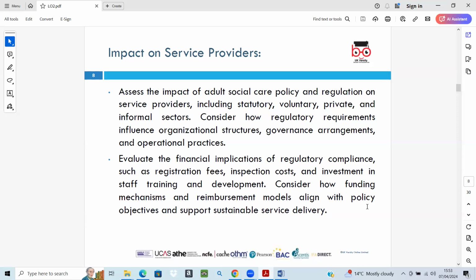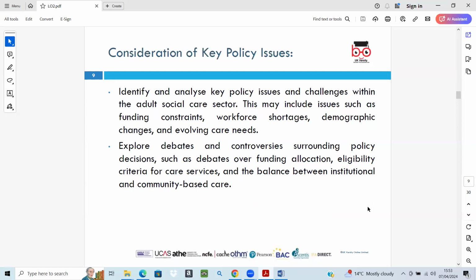And the impact of policies and regulation on service providers is crucial for ensuring the delivery of high quality adult social care. And this is important with that. And then we have slide number 9, which is asking for the consideration of key policy issues. So in that, one of the most pressing challenges, sorry,